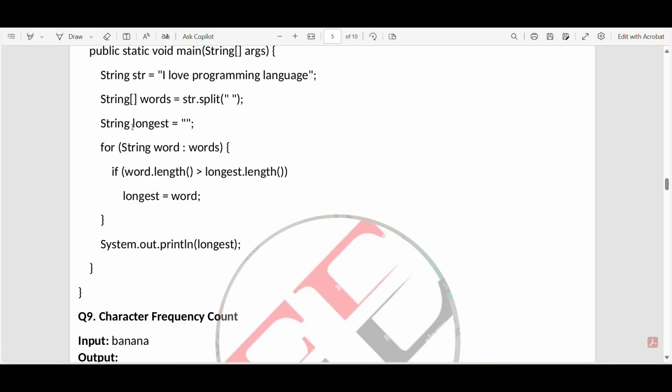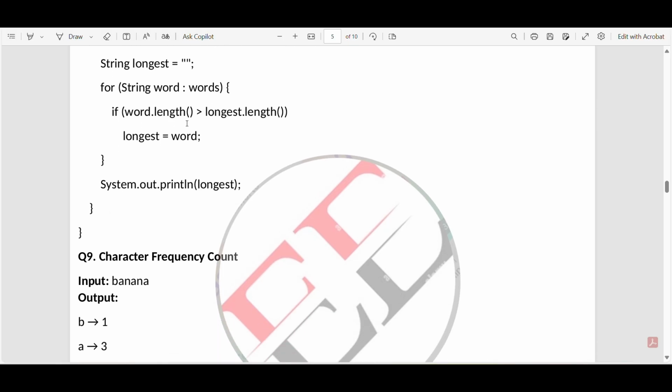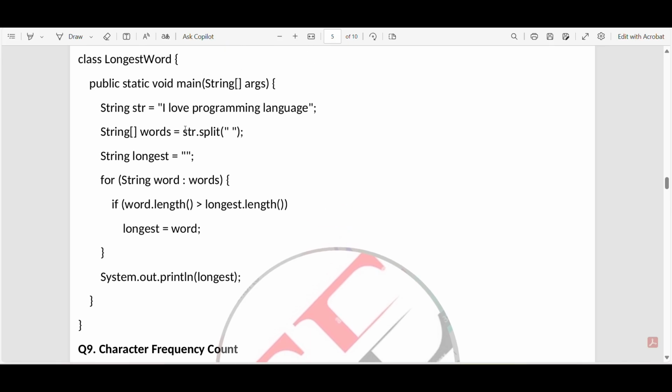And next, string longest, we are creating another string which is longest, and it is an empty string with no characters or anything in it. And next we are just iterating through the words array. Words is an array, right? So we are iterating through the words, and if the word length is greater than longest length, see this longest, at first